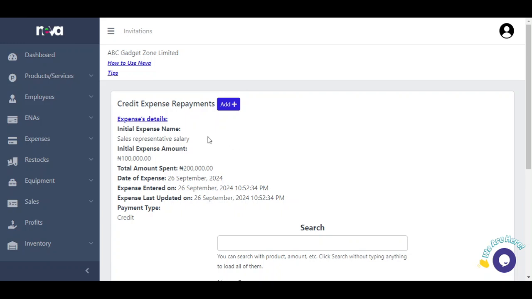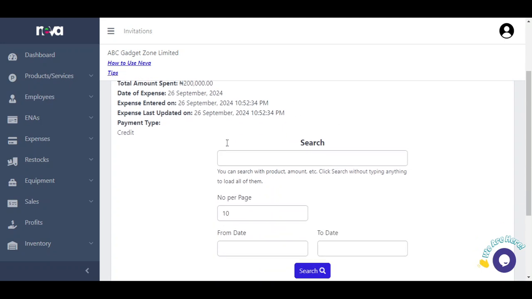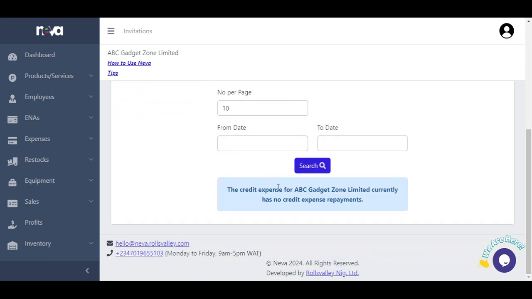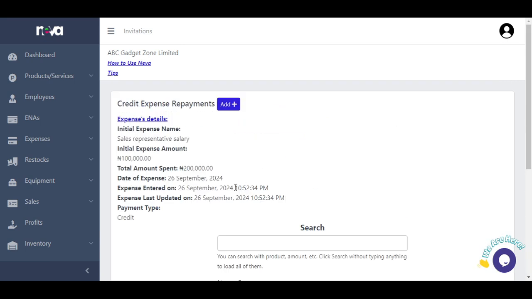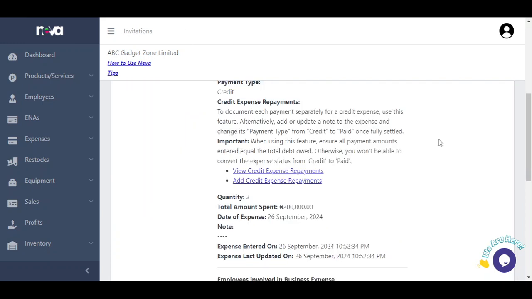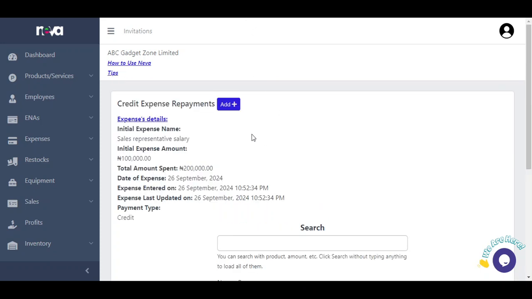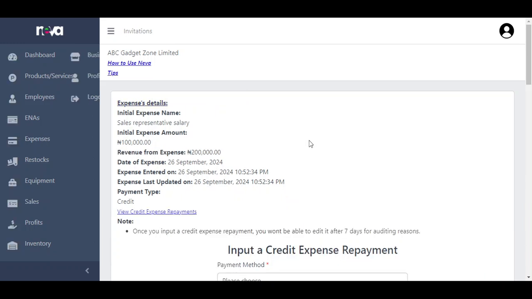You can see that it's showing you credit expense details. It's currently showing that it has no credit expense repayment for this credit expense. So this is how you can document each part. You can use the add button to add a credit expense repayment, or from here, you can click add credit expense repayment. If I use this button and click on add, you observe,